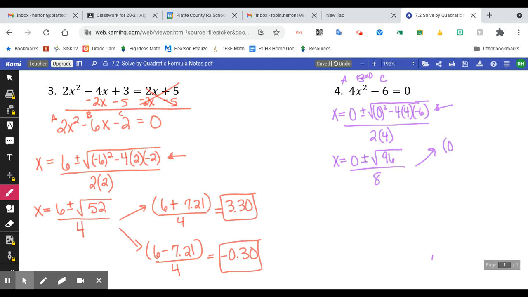So 0 plus the square root of 96, I get 9.8 divided by 8. And then here I would have 0 minus 9.8 divided by 8. Obviously, you wouldn't have to do the zeros. And this gives you 1.23. And this one, negative 9.8 divided by 8, would be negative 1.23. So you get both of them the same this time, but they have positive, negative. So it's all about remembering that formula and plugging in your A, B,